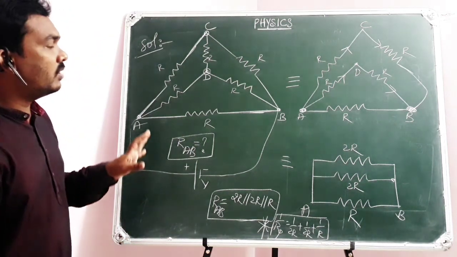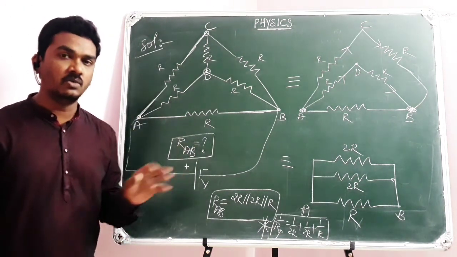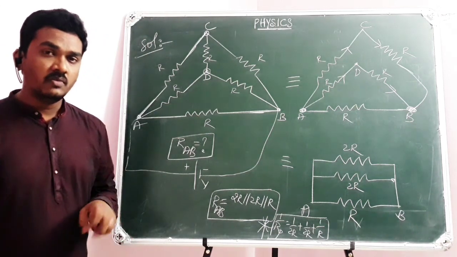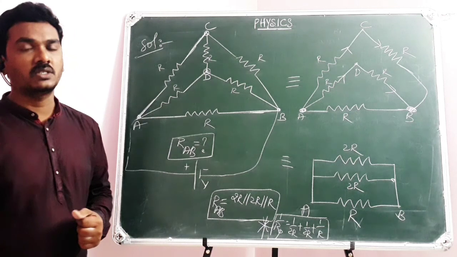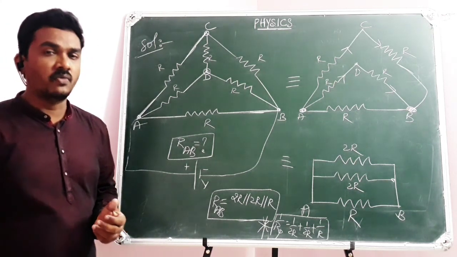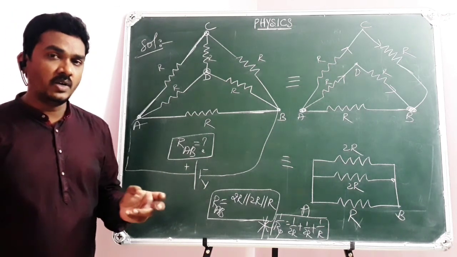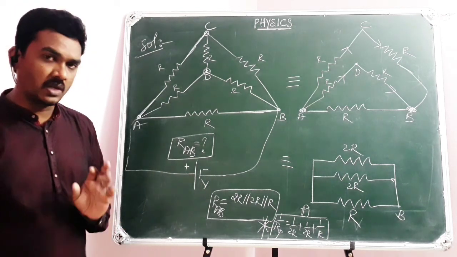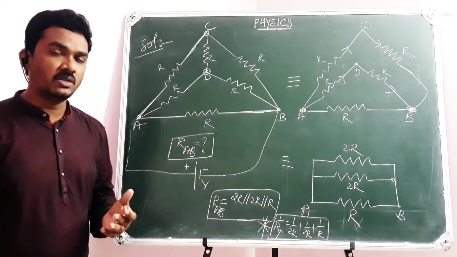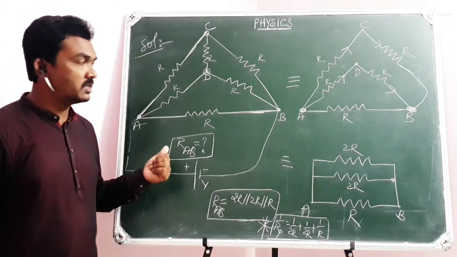So this is how little more complex electric circuits can be solved, using the reduction method or the Wheatstone-Bridge principle. In the next class, we discuss a few more examples of equivalent resistance in electric circuits, the different techniques and different models of questions. Please make a note of it.